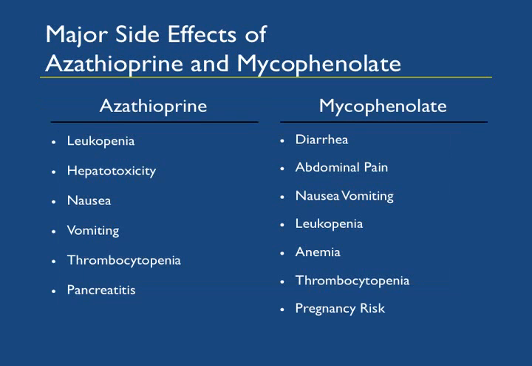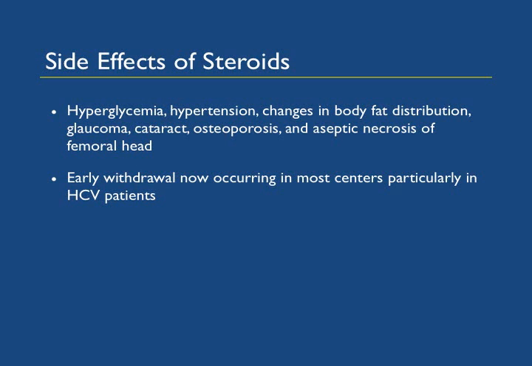Azathioprine and mycophenolate may also have side effects, including mostly bone marrow suppression and GI side effects. These side effects are generally not as prominent as those caused by the calcineurin inhibitors. Steroids can also have significant side effects, which are likely well known to you. It is important again to reiterate that most patients are withdrawn from steroids early after transplant and usually by 1